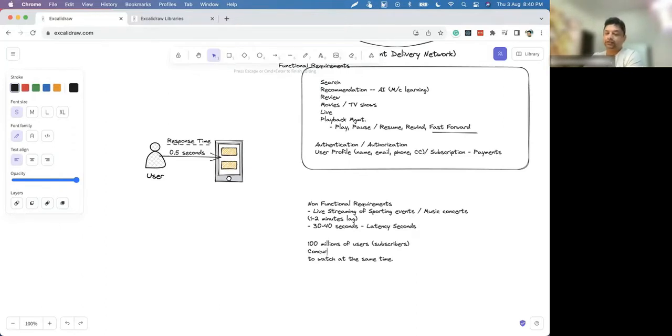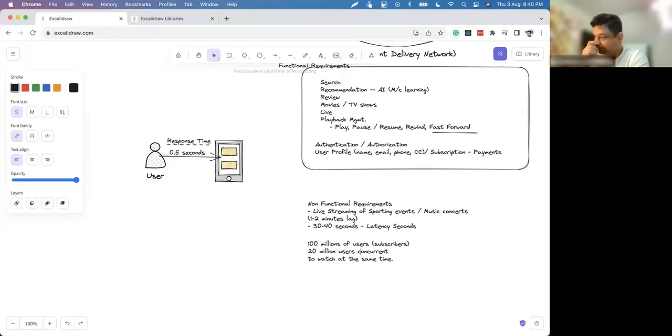But concurrent users for a match, say maybe there is an IPL match between Hyderabad and Bangalore. Mostly all subscribers may not be watching. People in Delhi may not be interested in it. But yes, many users, maybe 20 million users, are concurrent users watching that match.